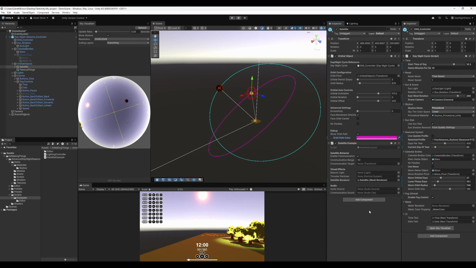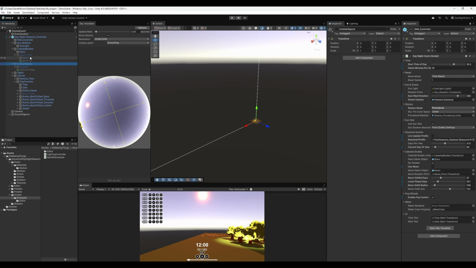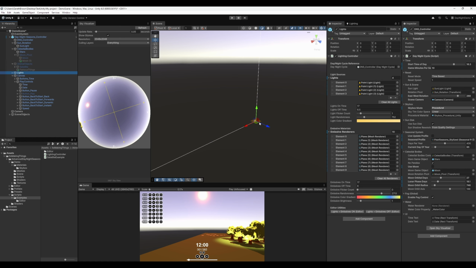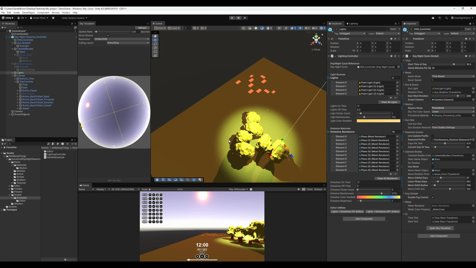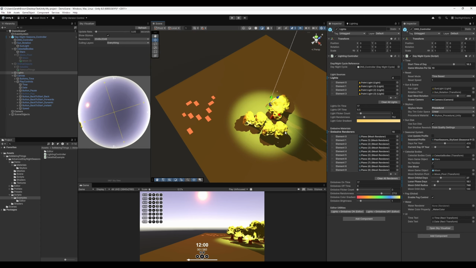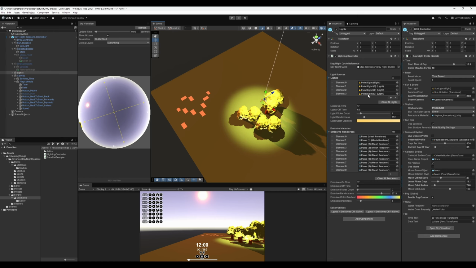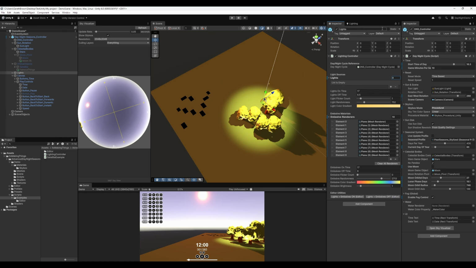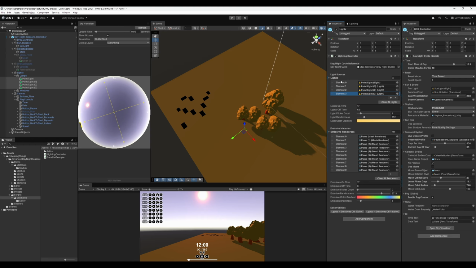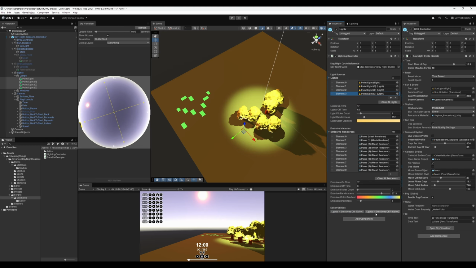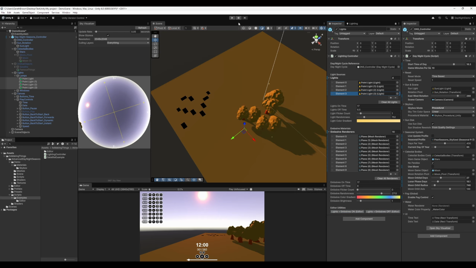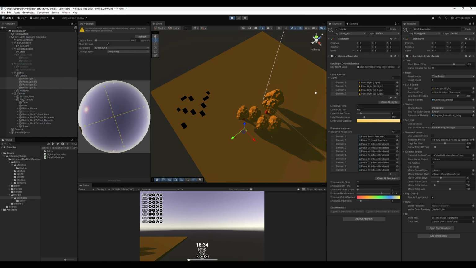Finally, let's enable the lights game object in the hierarchy and press F to focus on the objects. The lighting controller component automatically controls scene lights and emissive materials based on the time of day. You can define a time window for when lights and emissives are active using light on off time or emissives on off time. It supports randomized features like flicker count and randomness for turn on off delays and allows for gradient-based color assignment for variations.